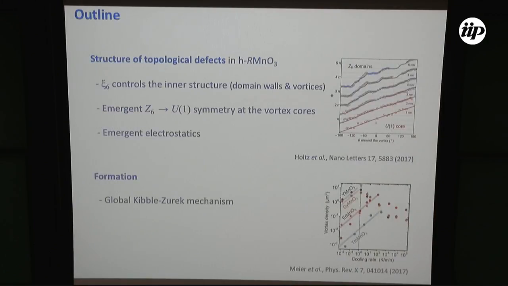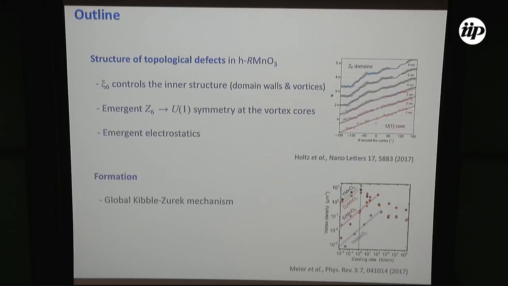So as I said, I will focus on the topological defects that are observed in this class of materials. These defects are structural domain walls and structural vortices, and I will discuss the morphology of these topological defects in detail, and I will show you in particular that this type of vortices, structural vortices, develop an emergent U(1) symmetry,